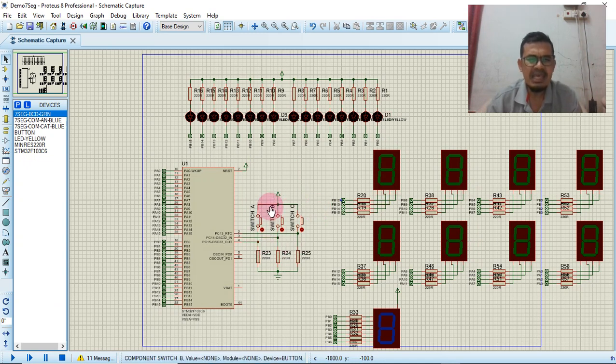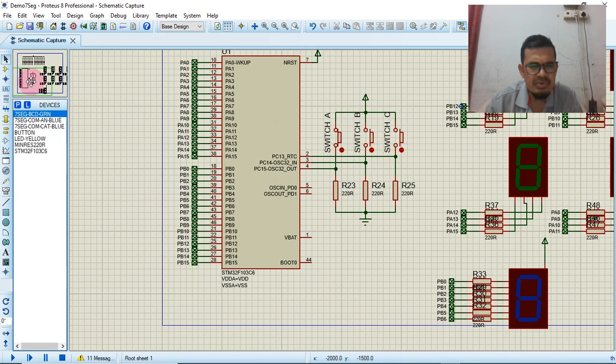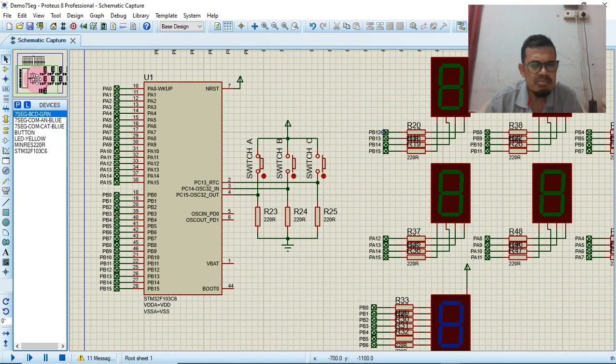Here on my screen you can see that this is STM32 chip, F103C6 series. You can do a Google to understand what the features for 103C6 series are.